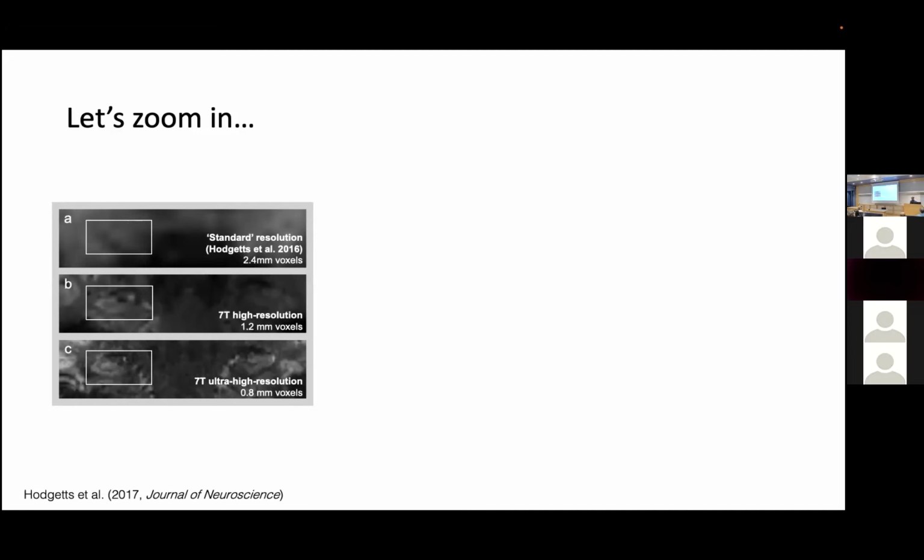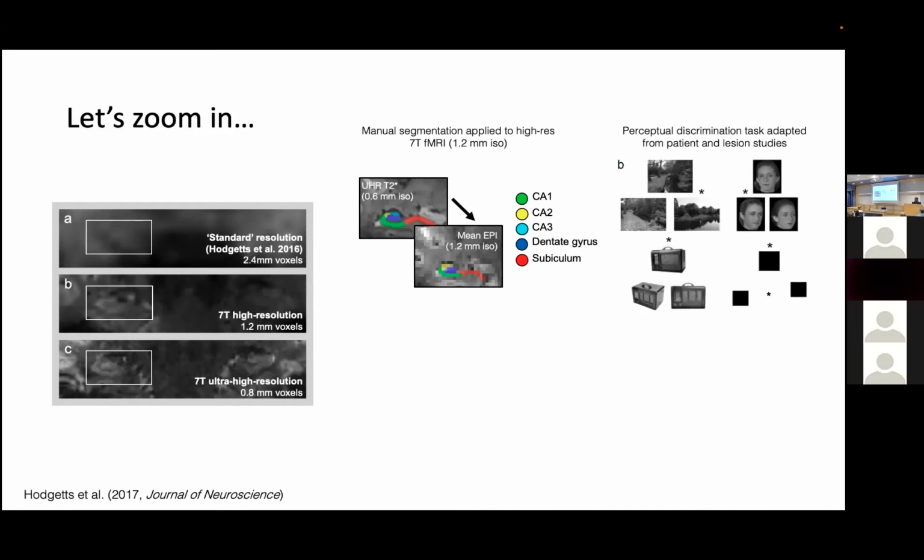in functional MRI. So what we did, we had participants complete this odd one out perceptual discrimination task, which had been used plenty of times in patient and lesion studies, where participants have to find the odd one out when looking at these arrays of scenes, spaces, objects, and also this baseline condition of size. And in these same participants, we also collected this ultra high resolution structural data, which allowed us to manually segment the different subfields. I found ashes after I finished doing this. So that was a helpful moment. So yeah, I manually segmented that, which was fun.